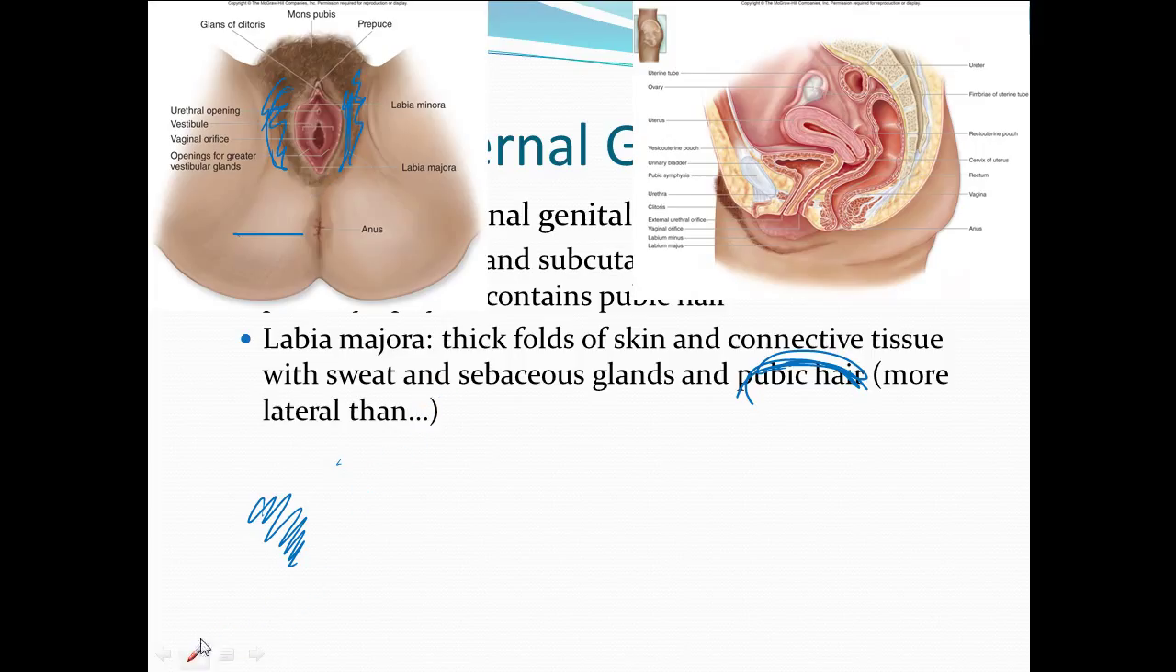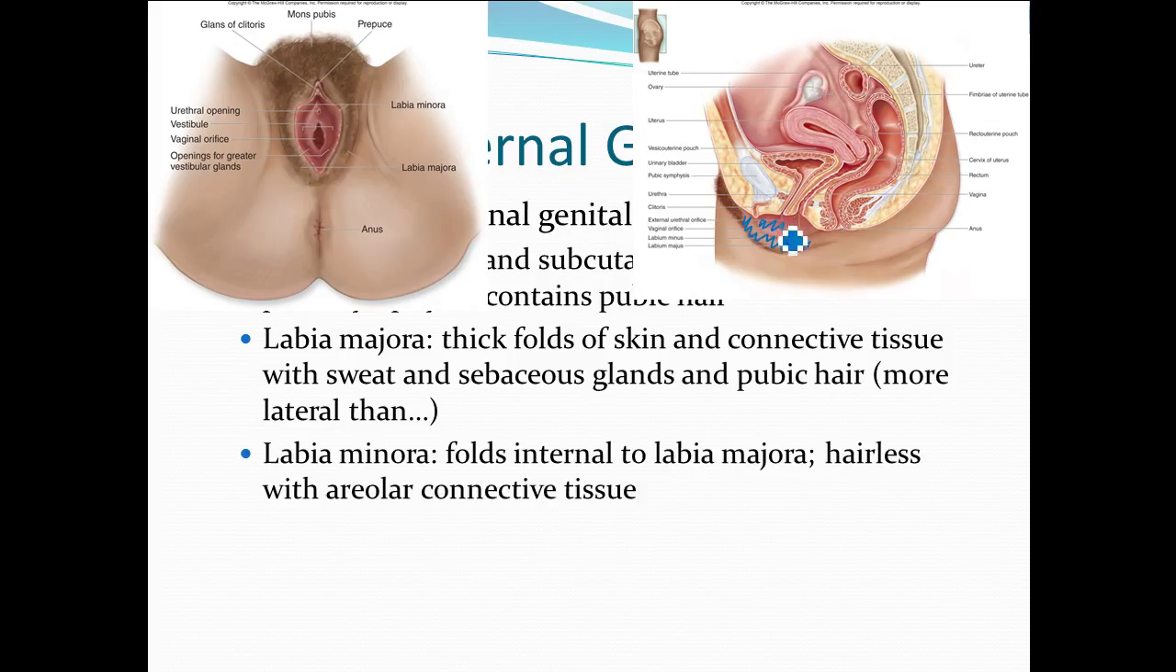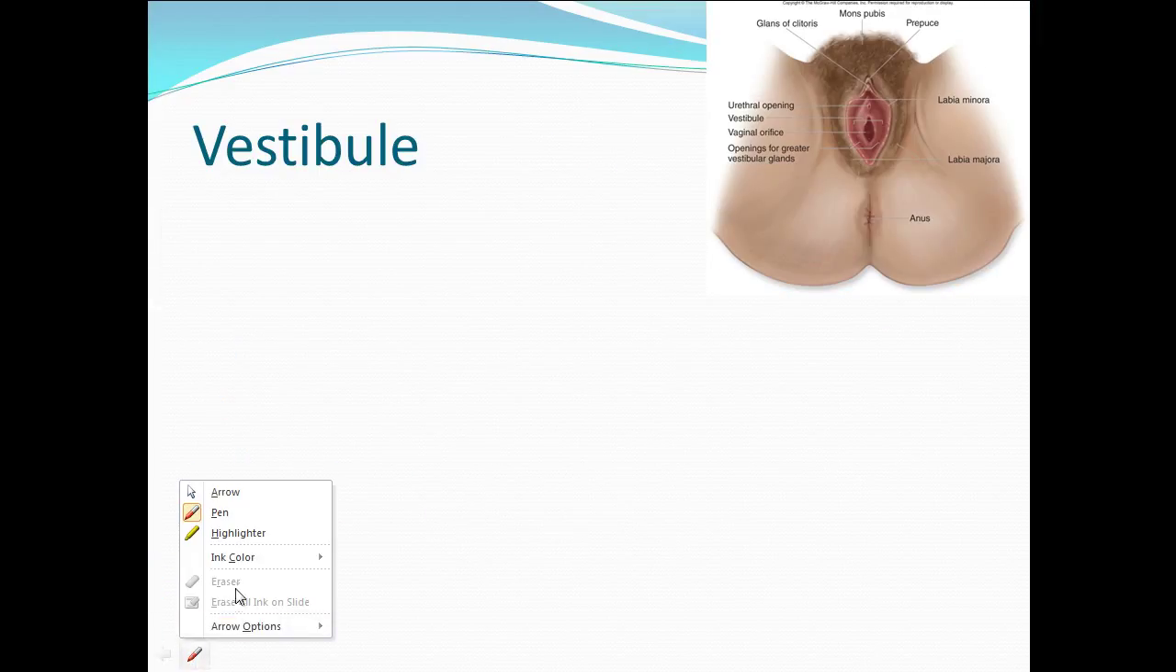More medial to that, here's the labia majora on this side. More medial to it, we have the labia minora. This doesn't have any hair and is made up of mostly areolar connective tissue. The vestibule is the space between the labia minora. Okay. So within the vestibule, we have